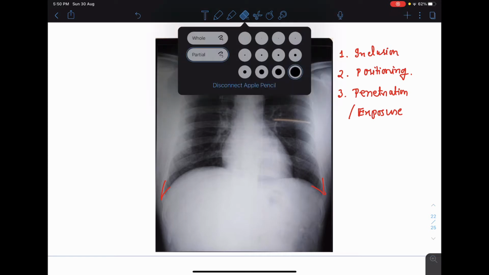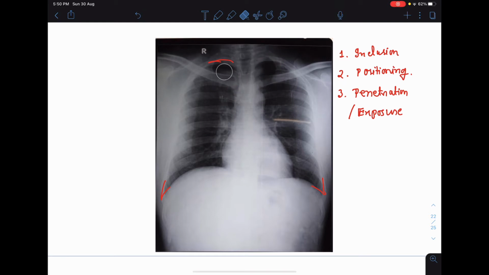So when you call it a proper exposure, if you can identify the intervertebral disc spaces, this black shadow is of intervertebral disc spaces. If in a chest x-ray film you can see the intervertebral disc spaces up to 6 level, that means 6 intervertebral disc spaces, if you can see clearly, that means the film is of correct exposure